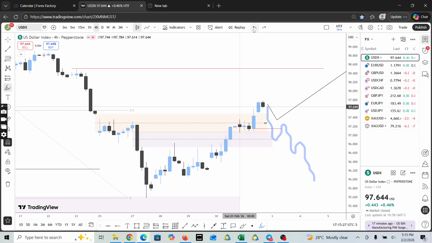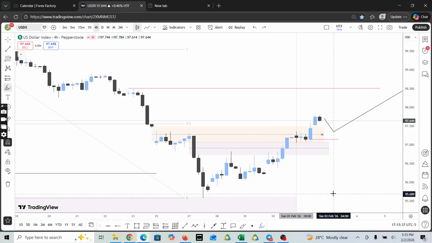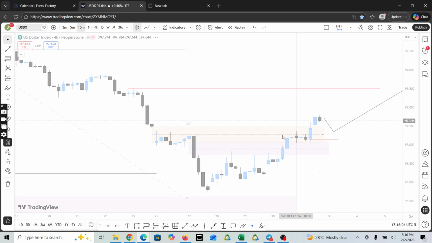Right, so those are my key levels here, and then this is my area of no go. This is where I would not like to see price close below, because that would change the entire bullish expectation to the higher time frame draw on liquidity. Right, so far as we stay above that, and then on the M15